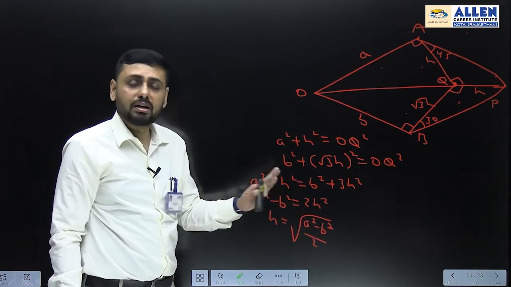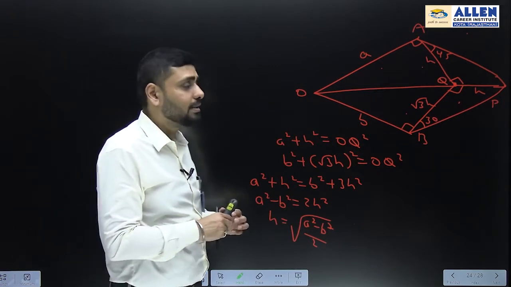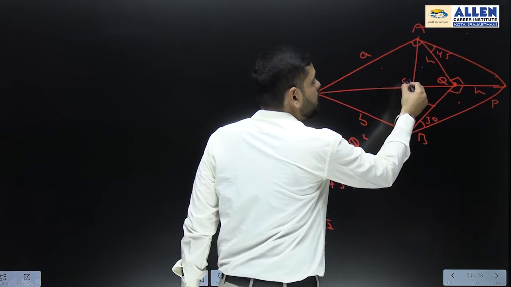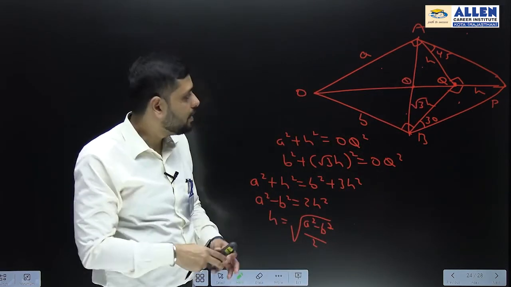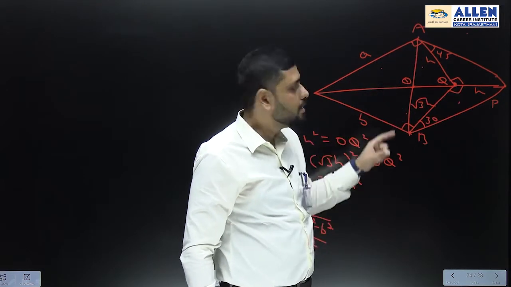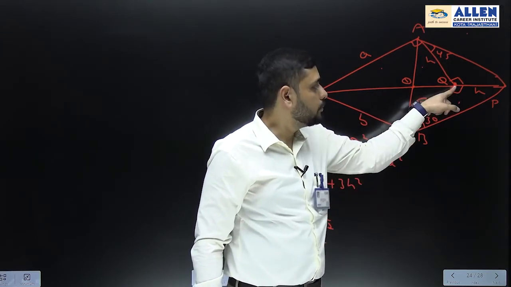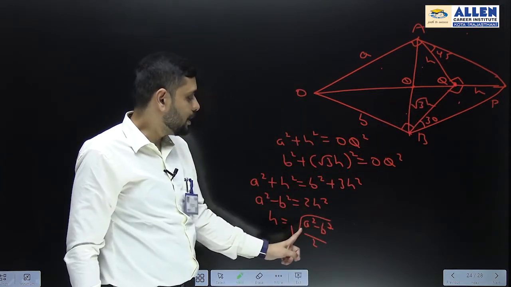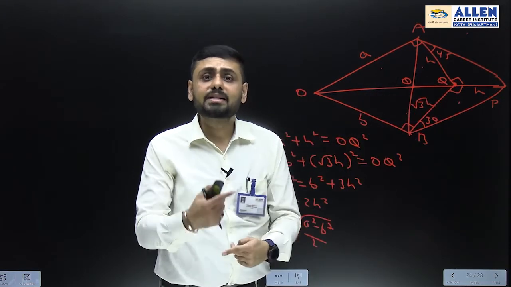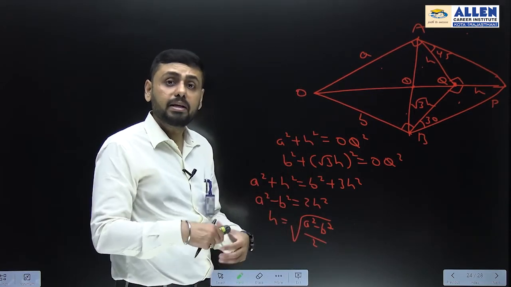So this can be one answer, but we cannot say it is the only answer, because what is given in the question is that the base of the tower should be nearest to A and B. Here you can easily see that if we move the base of the tower here, it is not nearest to A and B. This point is nearest to A and B as compared to this point. So if we take the base of the tower here, we get height as under root of A square minus B square upon 2. But this is not the nearest point, so it contradicts the information given in the question. Therefore this cannot be the only answer. There can be other answers also.